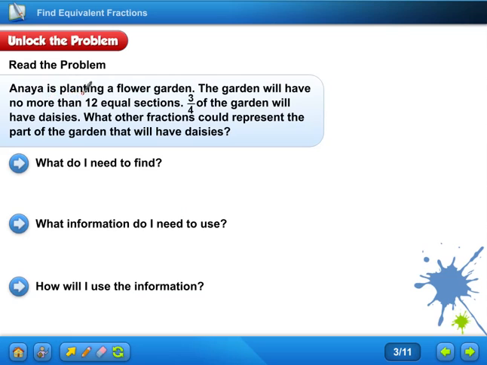Anaya is planting a flower garden. The garden will have no more than 12 equal sections. 3/4 of the garden will have daisies. What other fractions could represent the part of the garden that will have daisies? So we need to figure out the question, what other fractions could represent the part of the garden that will have daisies? My underlining,